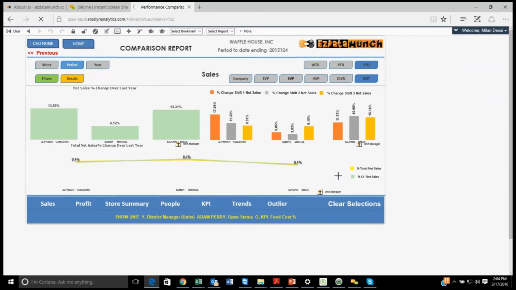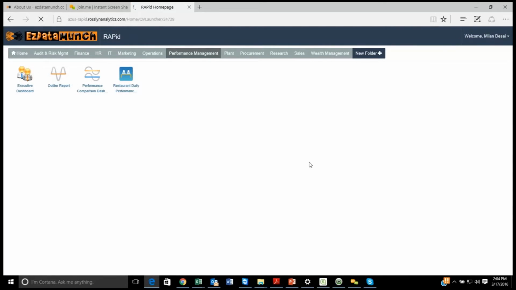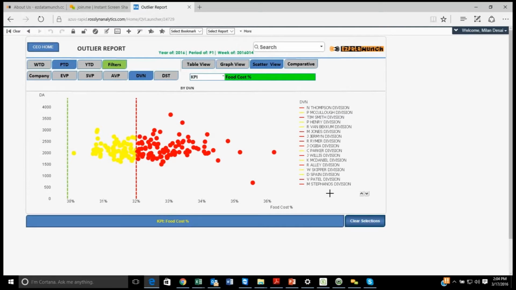Then let's look at an outlier application here. This is one of the most critical applications or analytics that you can drive. Now, we are showing you different applications here, but they are actually one application or parts of one application. So you can basically link all of these applications as one and combine them and look at this. We are just showing you differently here to give you a perspective of how you can look at information in different ways and analyze the performance and do comparative analysis, and that will drive your decision making process and performance